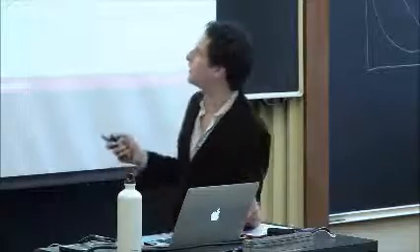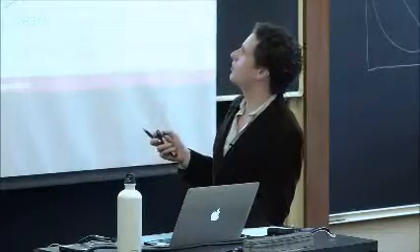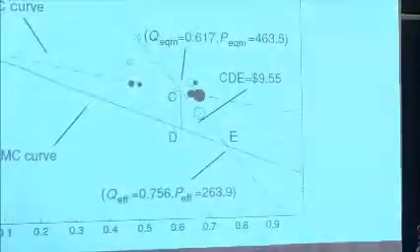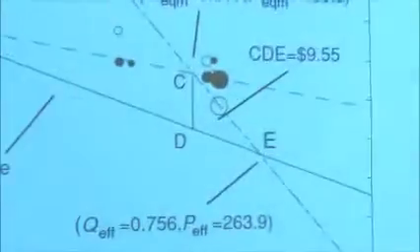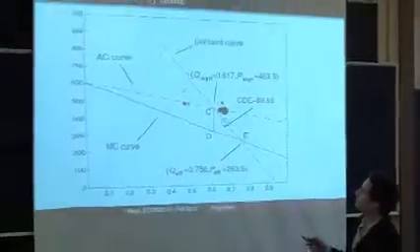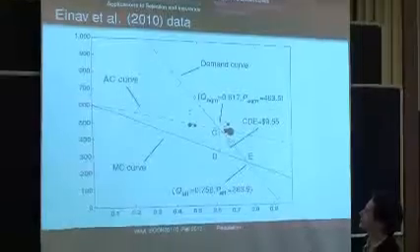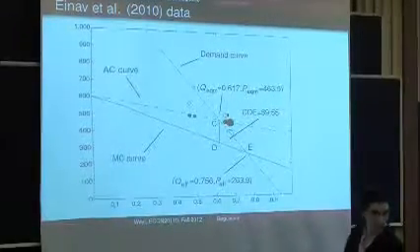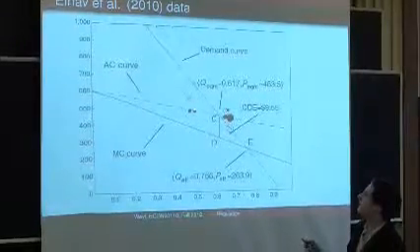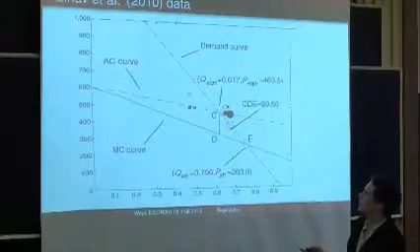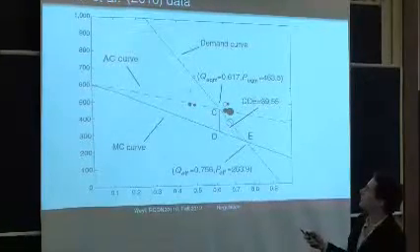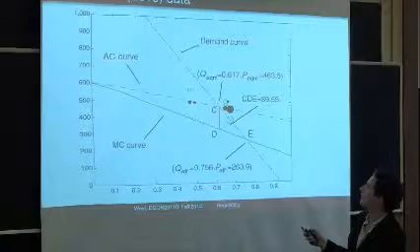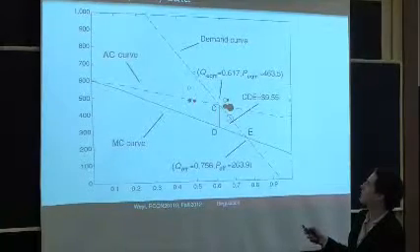So this is exactly what they did. There were different managers who charged price here, price here, price here, price here. We saw how much quantity they got. That gives us these different data points. And then for each one of these data points, we could measure what the average cost of providing insurance was to those people. And that gives us this average cost curve. They then drew a linear line through this. It looks a little bit more concave to me, but